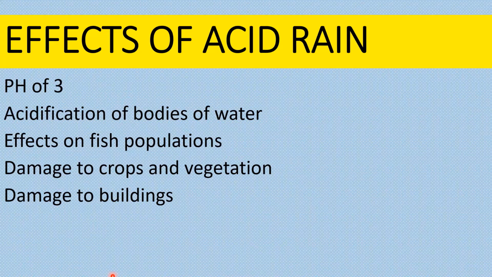The last one is how acid rain causes damage to buildings. Acid rain erodes buildings made from limestone or stone with a calcite matrix. Many buildings of great historical importance, such as the Acropolis in Athens and the Taj Mahal in India, have undergone restoration to repair the damage caused by the pollution, to prevent them from crumbling away.